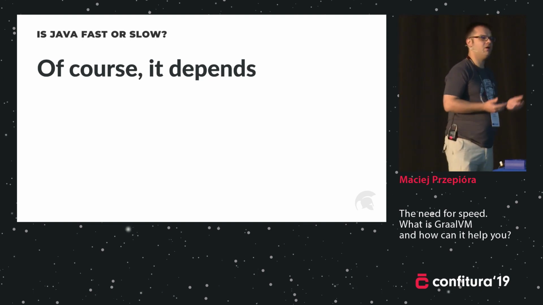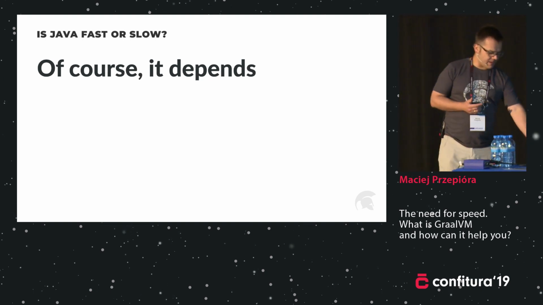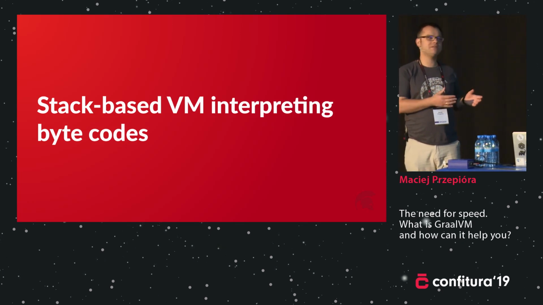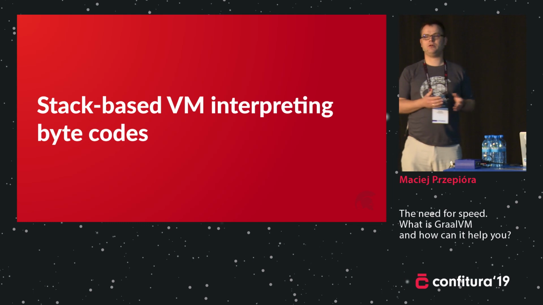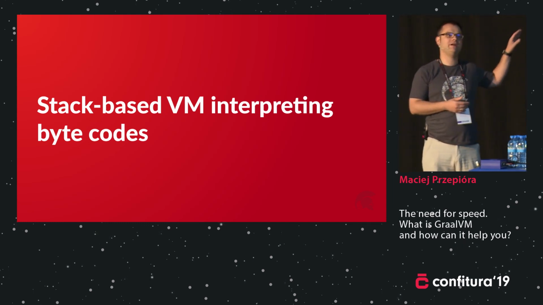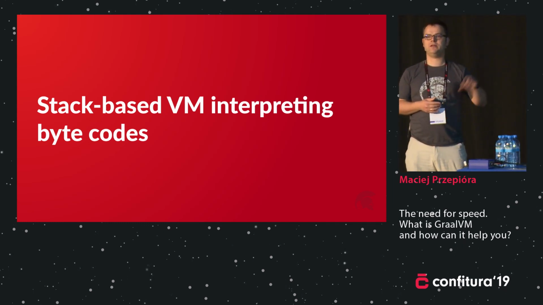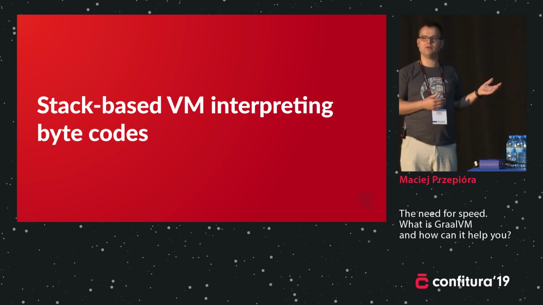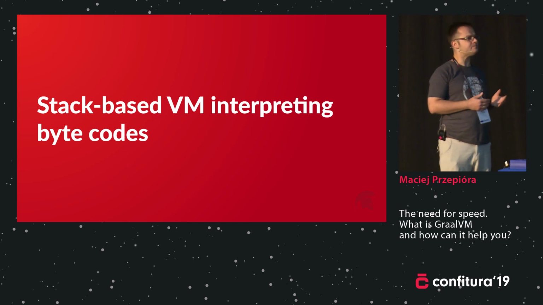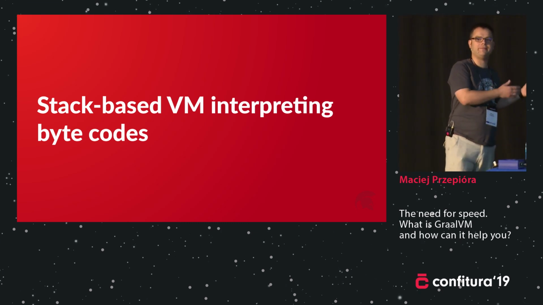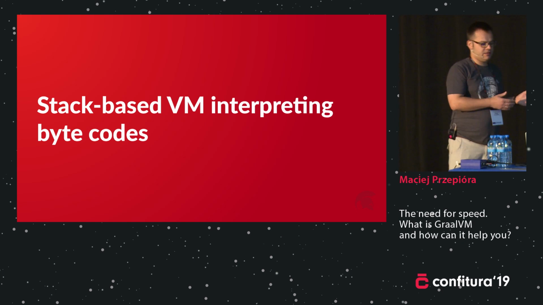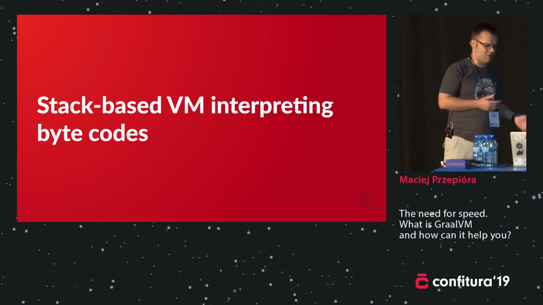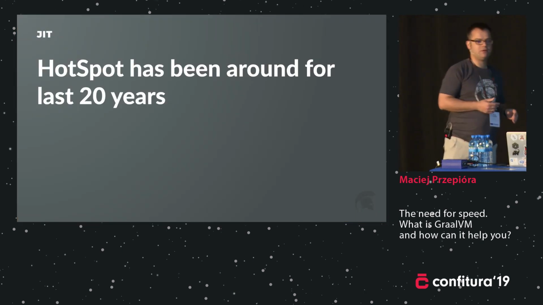Because, of course, one thing about the JVM is that at its core, it is a stack-based virtual machine interpreting bytecodes, right? So it has a jump table for every bytecode, and it executes code when it reads a bytecode. It uses the stack as a memory model, so it's not aligned with bare metal machines, right? So no wonder it is slow, or at least it used to be slow,